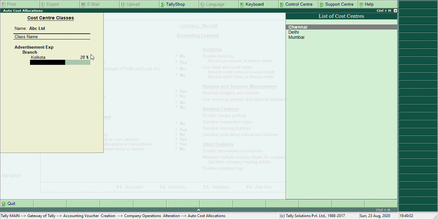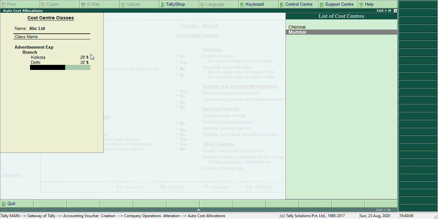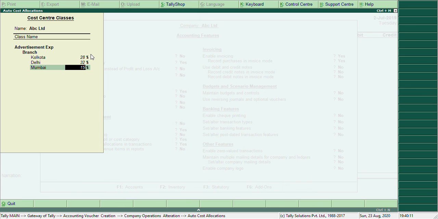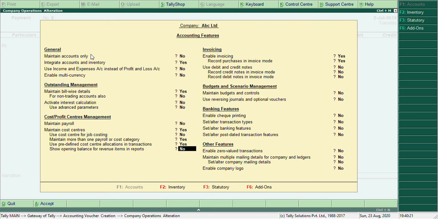Next Delhi, it is 32%. Then Mumbai, it's 15%, and for Chennai, it is the remaining 25%. So it is pre-allocated. Advertisement expenses of the different branches have been pre-allocated here. So accept this.